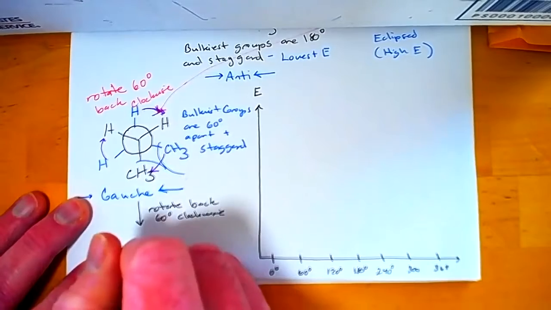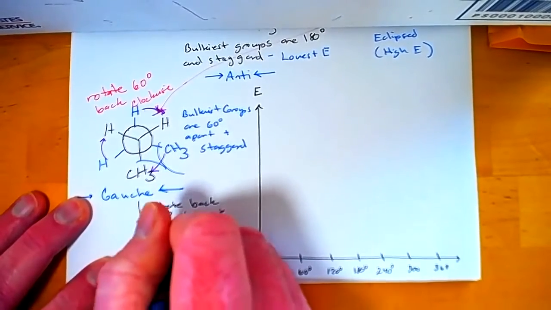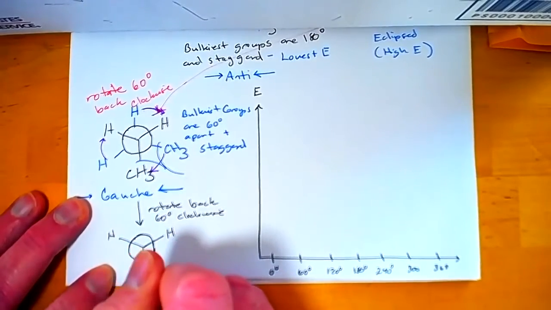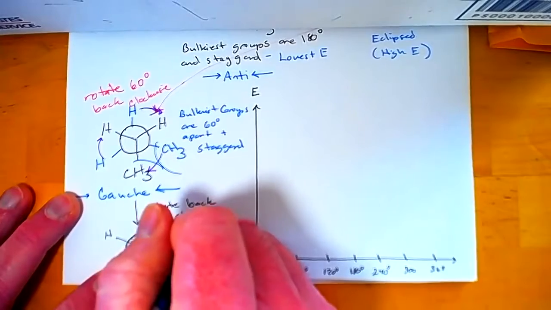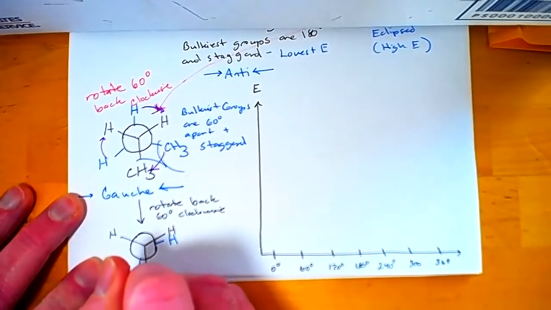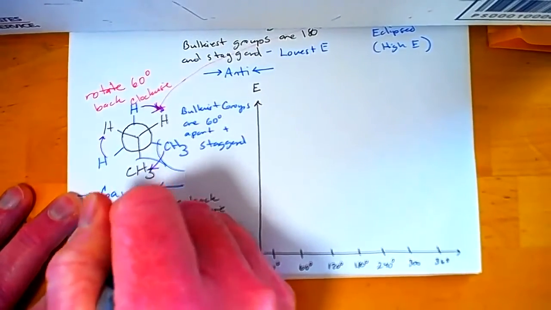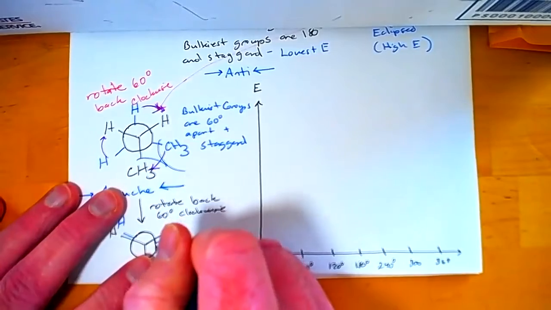So we're going to redraw our groups in the front. And now you're going to have a hydrogen atom that's eclipsing this hydrogen atom. You're going to have a methyl group that's eclipsing that methyl group. And you're going to have a hydrogen atom that's eclipsing that hydrogen atom. And so this is eclipsed,